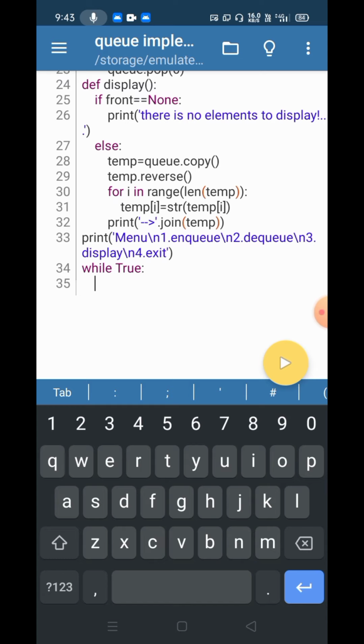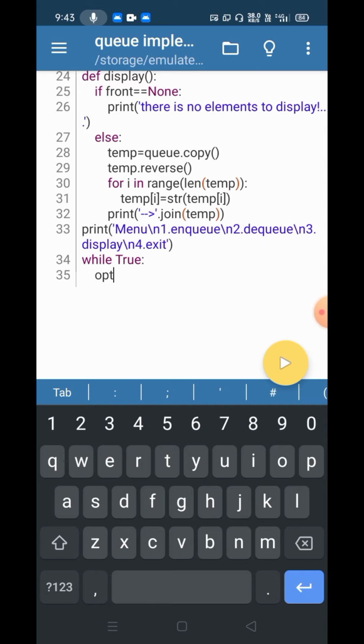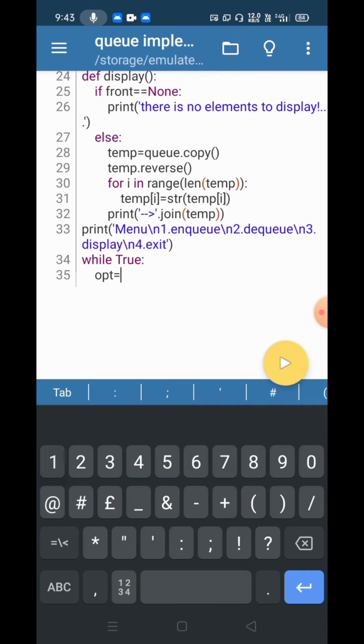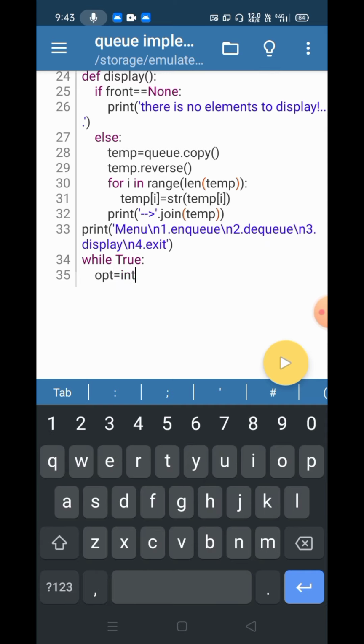To end it, we have to break the loop, which we do when the user enters option 4. So first of all we take option is equals to int of input of enter your option.